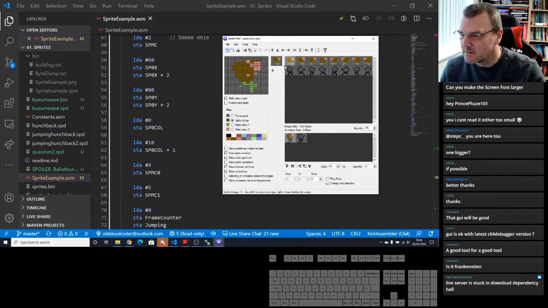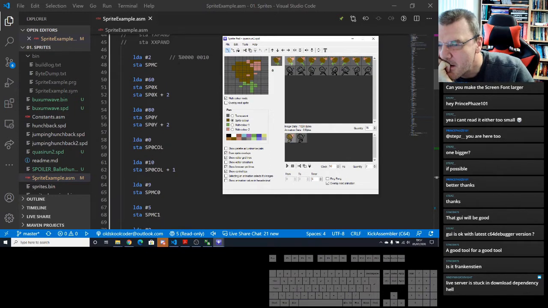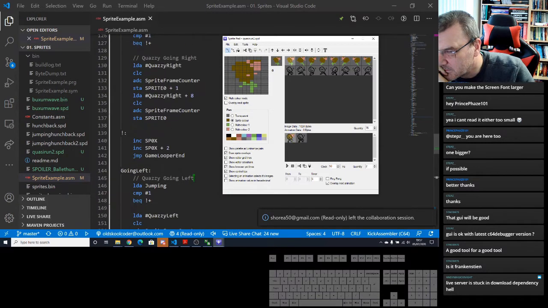Right, so colour 1 is green, 5. Oh, so he's made the brown the sprite colour. Okay. Let's do that. So brown is 9.